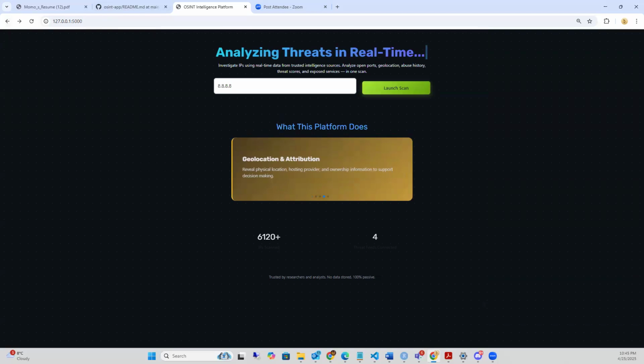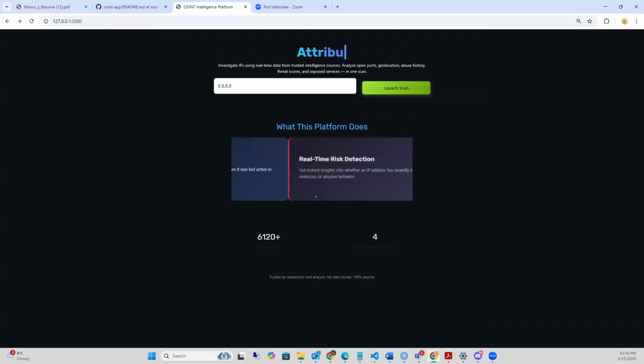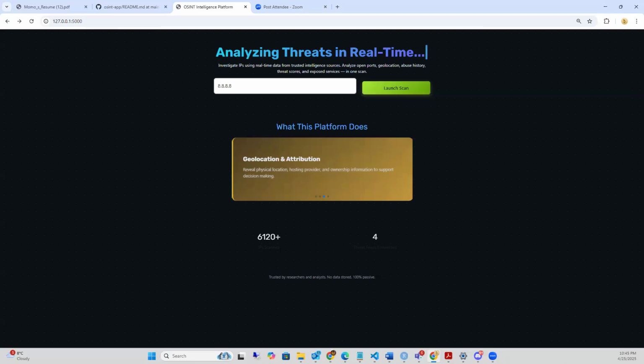I hope that you enjoyed the visual walkthrough, and I hope that you like the app. You can also run the app on your machine by visiting our GitHub repository and cloning it. And then you can run flask run and you can visualize this on your own machine.